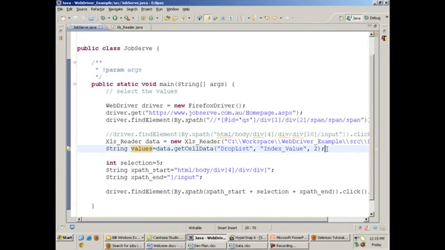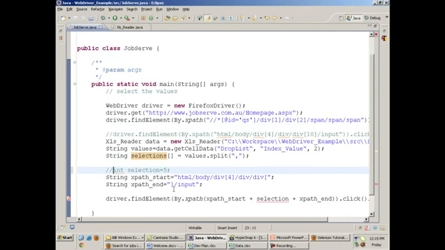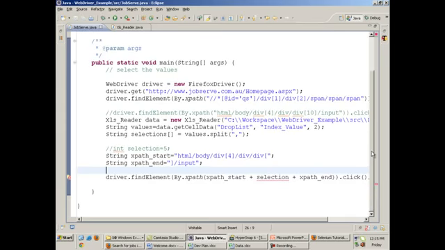I will have to split the value string on the basis of a comma. And what does the split function return? It returns an array. I will name that array as selections. Now I don't need this integer anymore, and what I will write is a for loop here. For